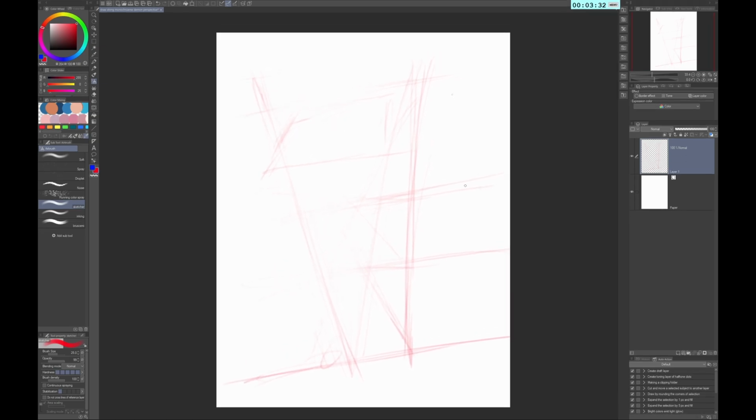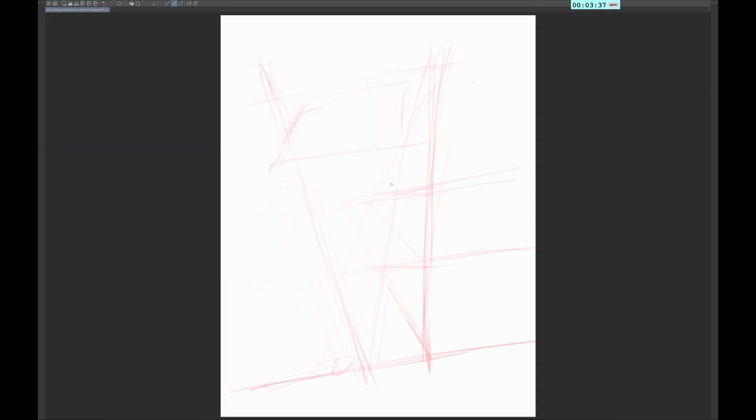So you can see here, this is that top quarter I measured out for myself very roughly. And so I'm going to do a fairly short character. Their head's going to be roughly the top fifth or quarter of the length of the body. And I'm just roughing these out. I'm not going to do too much